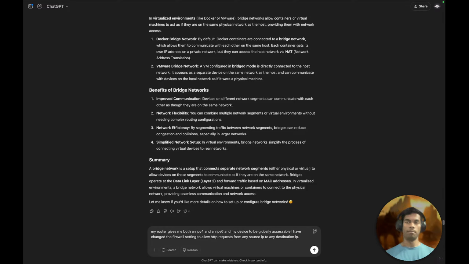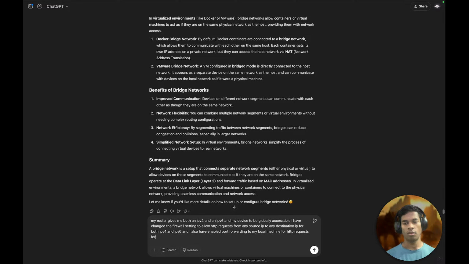That much is enough, for both IPv4 and IPv6. And I also have enabled port forwarding to my local machine for HTTP requests